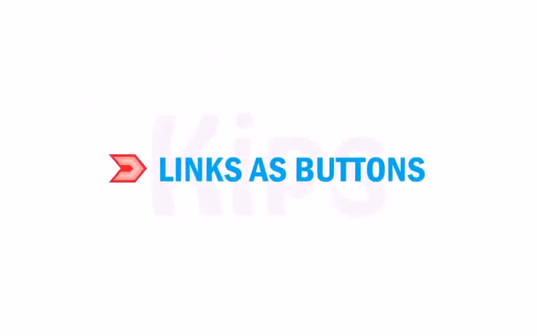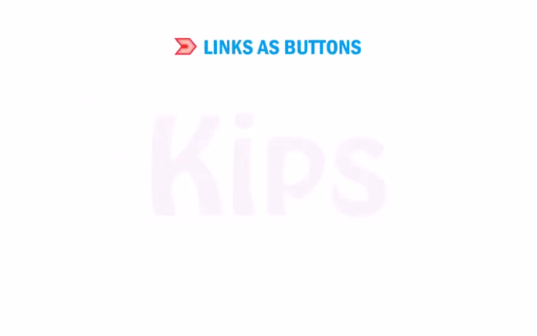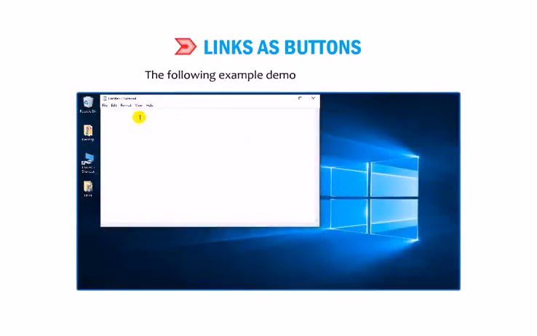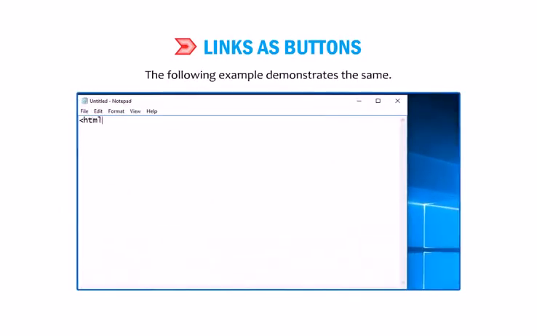Okay students, let us talk about links as buttons. We can also display links as buttons using CSS styling. The following example demonstrates the same. <html><head><style type="text/css">a:link, a:visited {background-color: pink; color: white; padding: 14px 25px;